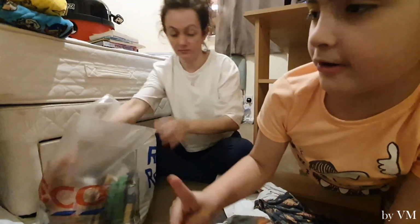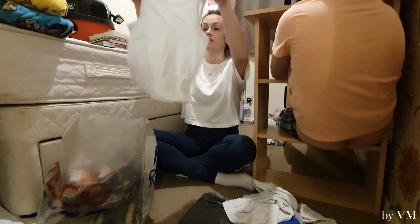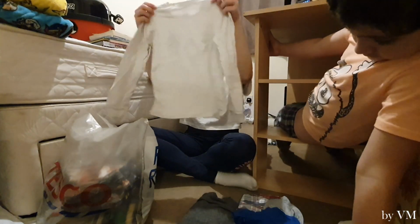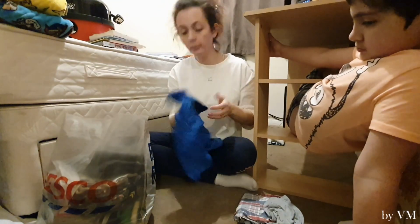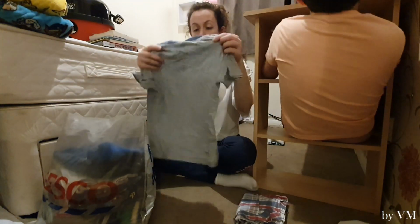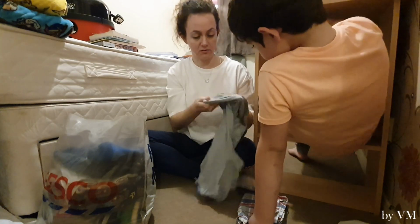And now it's time to fold everything properly and pack it into bags. I'm not so sure exactly what I'm gonna be doing with these clothes because they're small. Some of them, especially these vests, haven't ever been worn. I think I just bought them not quite the right size from Sainsbury's. But anyway, for now, I'm just gonna keep these bags, maybe for a donation or maybe for